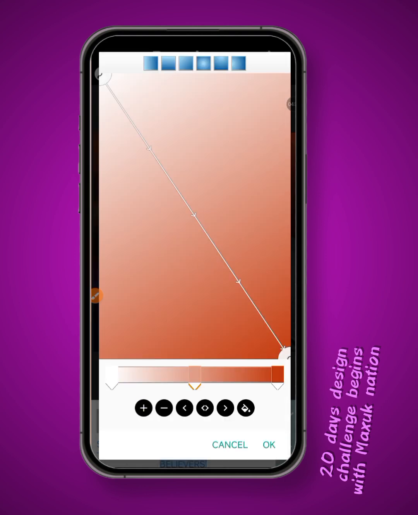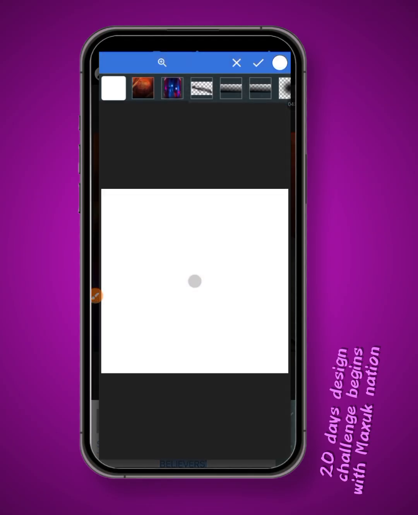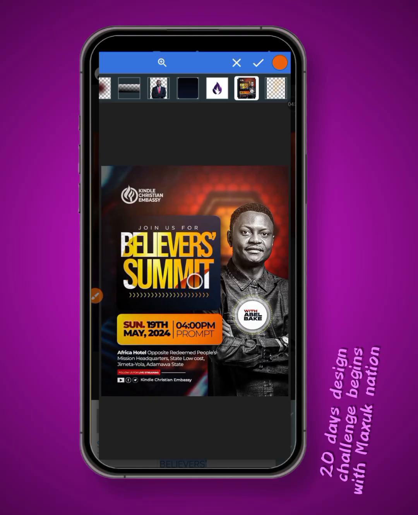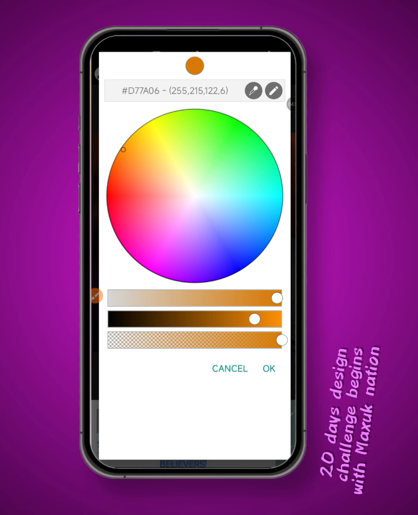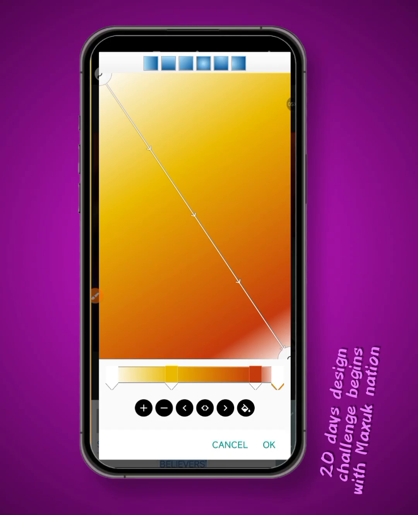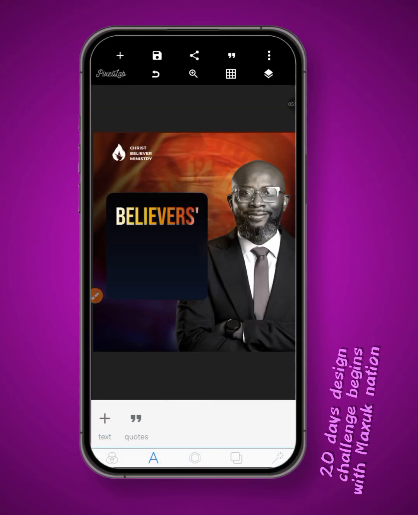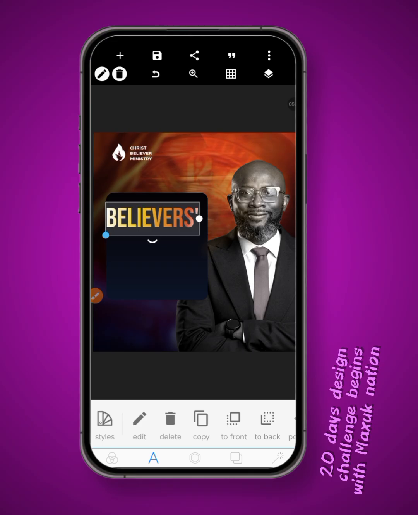Then I'm going to add, just click on this add. You are going to add again. So I'm going to pick a color from the text, then pick something from here. And then I'm going to add again to this other side, and then I'm going to pick white there. So let's try something. You see, it's almost done. So we have something like this,